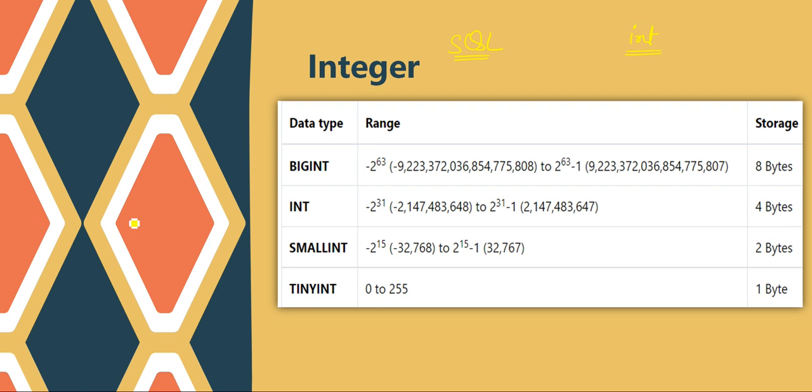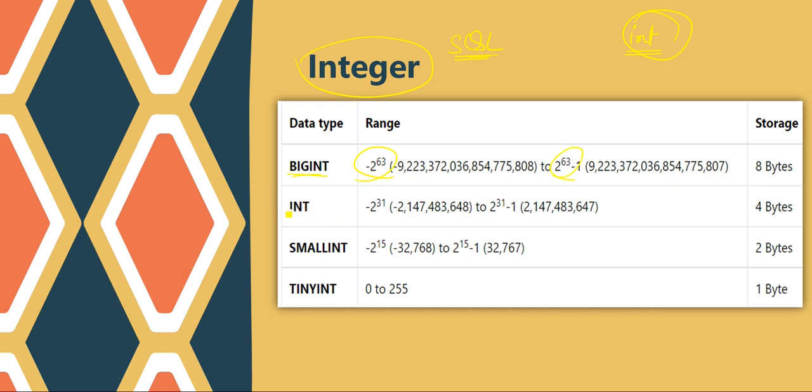Okay, so we are talking about the integer data type in SQL. In C++ we have seen that the integer data type is the only one which can store integer data, right? But in SQL there are different types of integer data types to store different amounts of data. Big int is used for very big integer numbers, from negative 2 to the power 63 to positive 2 to the power 63.